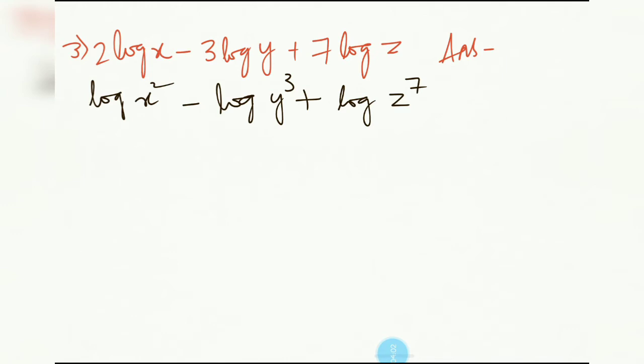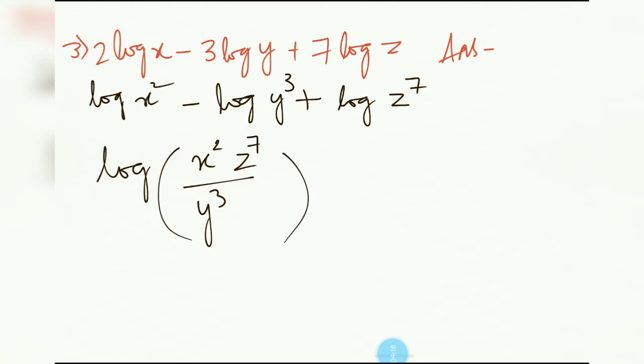Now when you have minus, what we generally do is make a division. So log x square by y cube, and here we have addition, so it will become multiplication, so z power 7. That's it, that is the answer. So where do we find this option? In B. So the answer is B. Next,